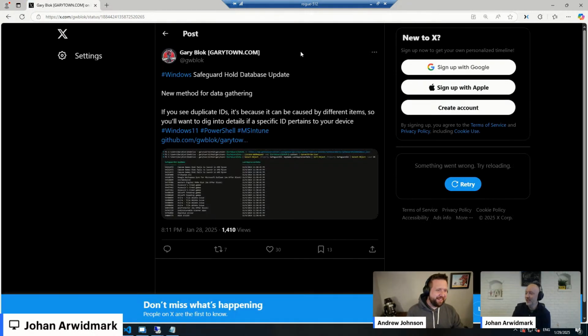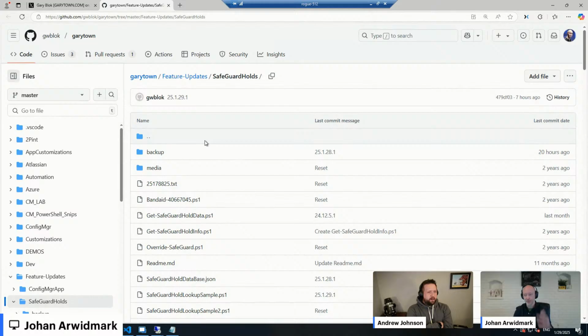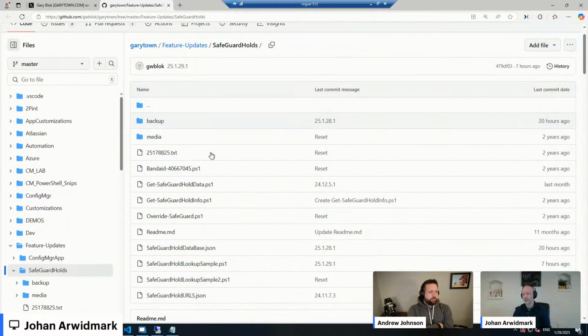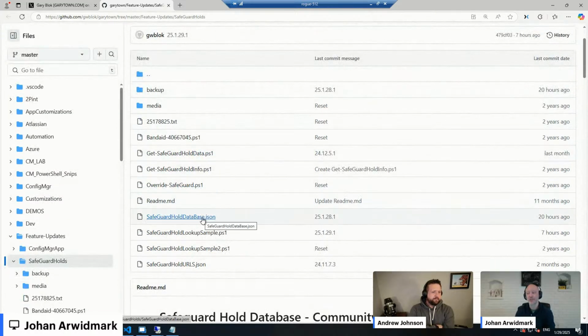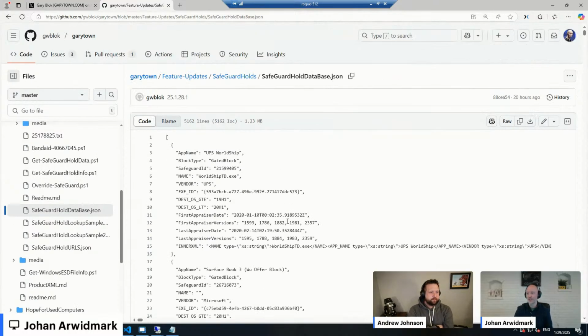He made an update to the safeguard hold database yesterday, I think. Yeah, the 28th. If you haven't seen this, it's a great series of PowerShell scripts together with, of course, a shiny JSON database of all the common blocks for different devices, what version of Windows they won't work on, etc. You can run these scripts on your machine to figure out if there is a safeguard hold preventing it from